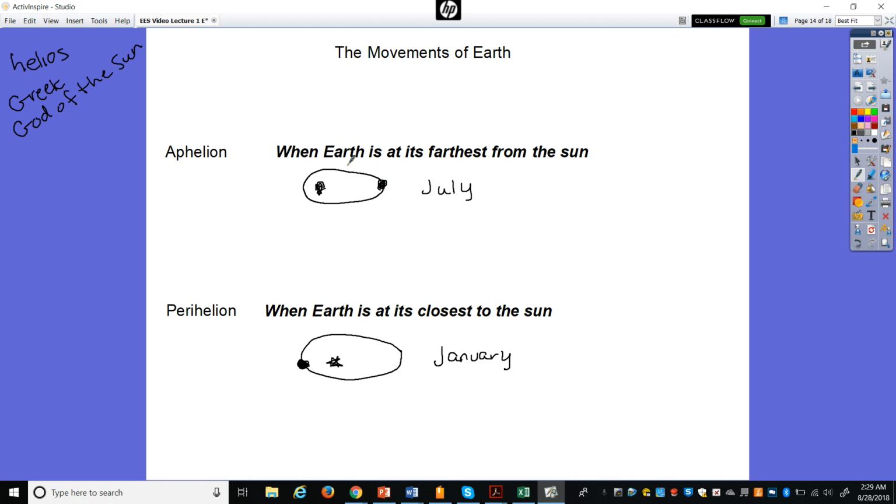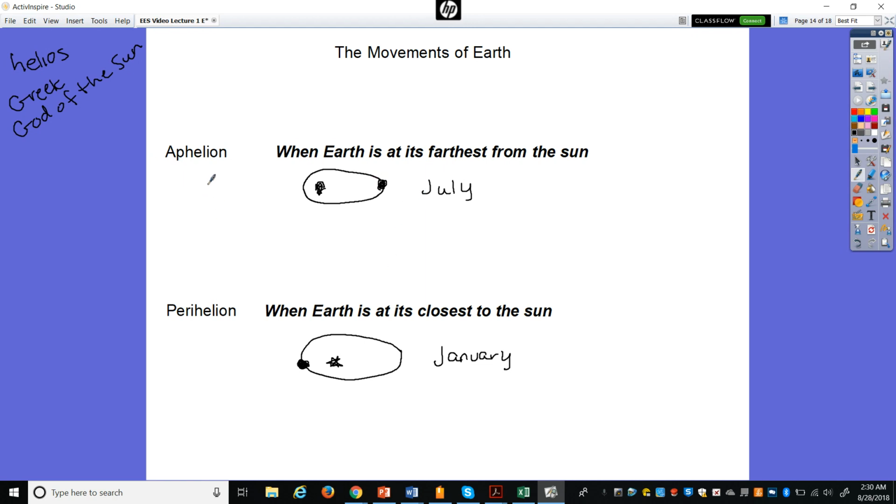The elliptical orbit is drawn here very exaggerated to help kind of visualize it. But really the difference is very small, and there's no effect on temperature based on it. So it's just when it occurs.